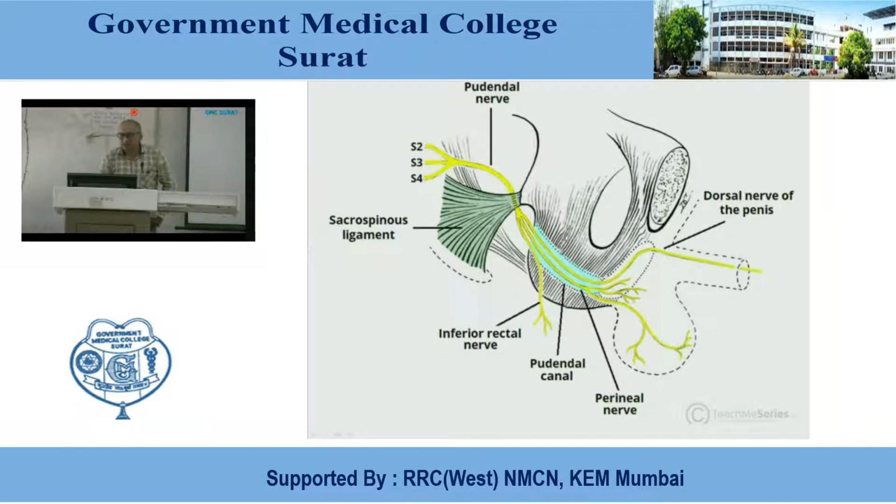This one is the ischium, the inner aspect of the left ischium. This is the left pubis. Here is the sacrospinous ligament. Here will be the sacrum. Here will be the ischial spine connecting this sacrospinous ligament. So this one is the greater sciatic foramen, and this one is the lesser sciatic foramen. Now a nerve is shown that exits from the pelvis through the greater sciatic foramen and enters the perineum by the lesser sciatic foramen. So that is the pudendal nerve.